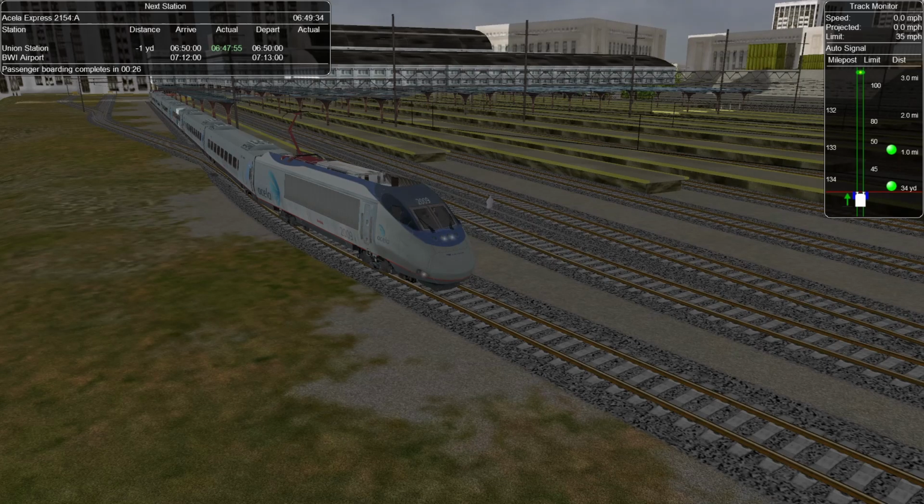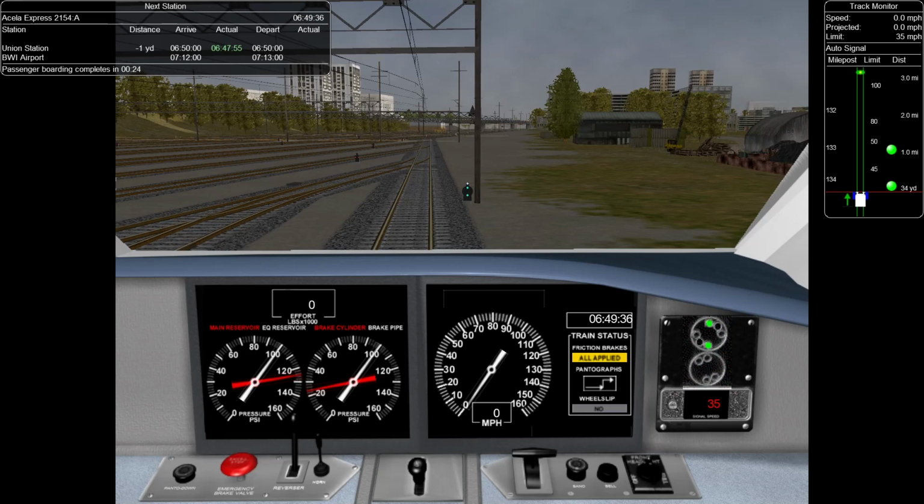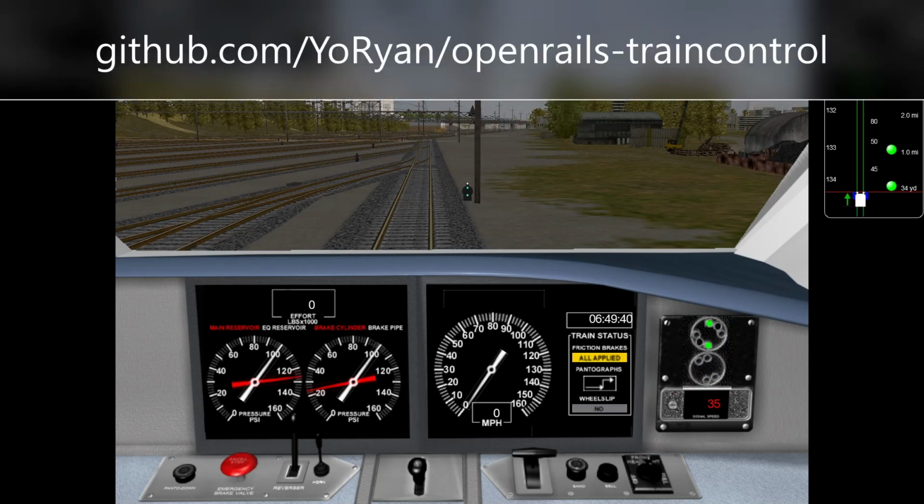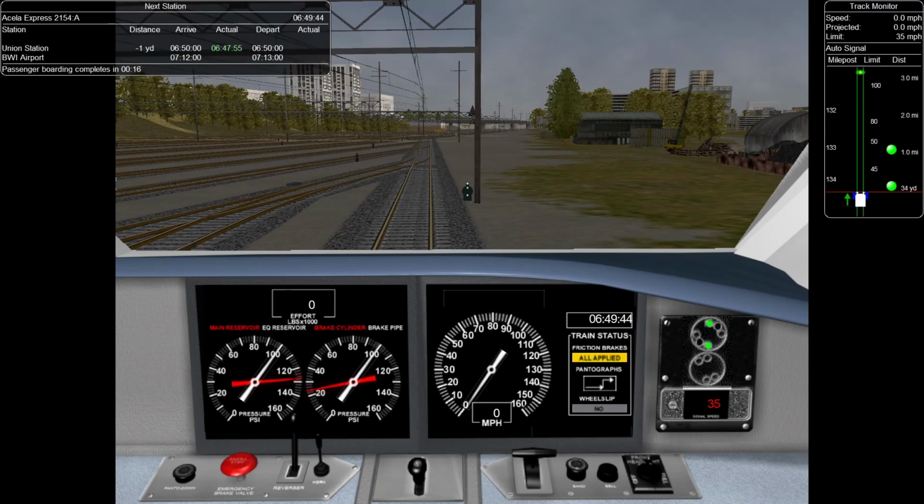This is a demonstration of my new Northeast Corridor safety system simulation for Open Rails and the classic NEC V4 route. The project homepage is in the description. We are at Washington Union Station in this ACSES Express, which will be taking us to Baltimore, with one intermediate stop